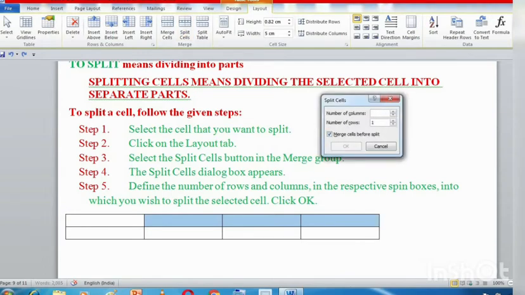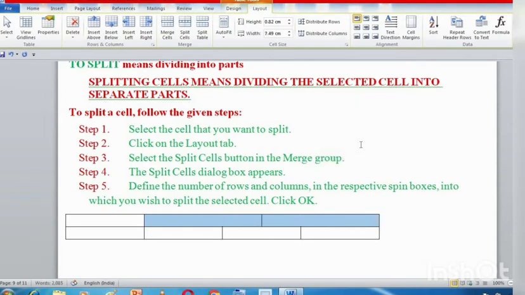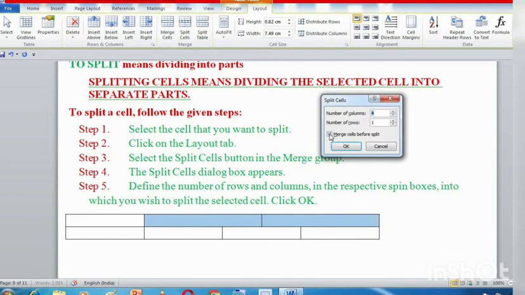See what happened: there were three cells, and because I selected 2 over here, they got merged and then split. So I selected 2 over here. First, before splitting, those 3 cells got merged, and then they got split into 2 different cells. This is what happened.